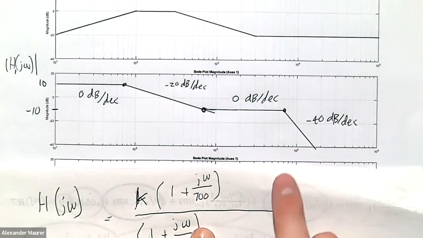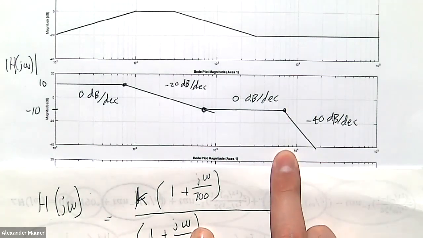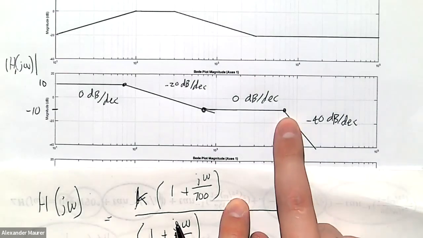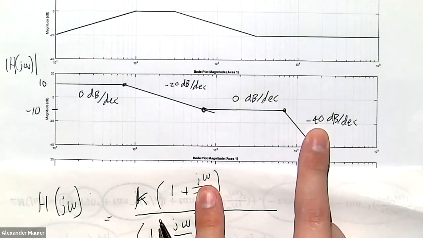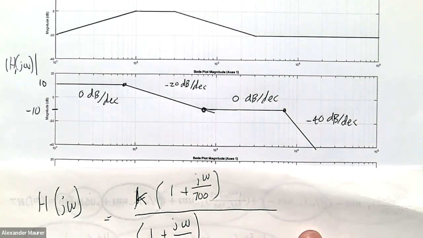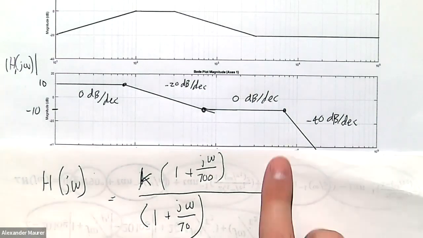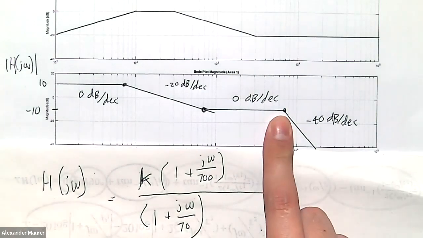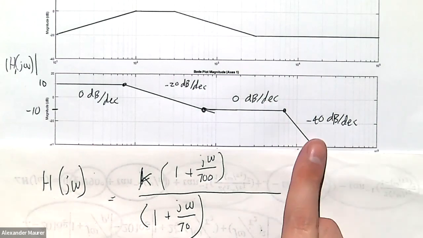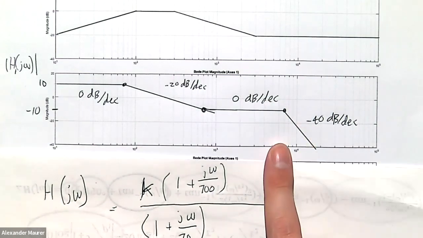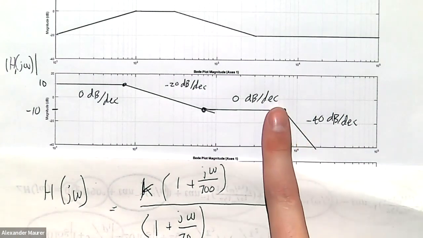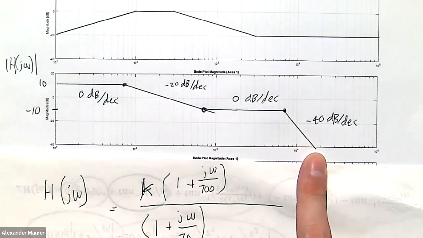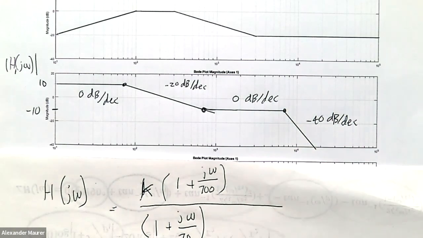Then at this point, which is on the line of 7,000 here, at the point 7,000 our slope goes from 0 to minus 40. So that means there is a double pole here. If it went from 0 to minus 20, we would have a single pole at 700. But since it makes a double-sized break to minus 40,